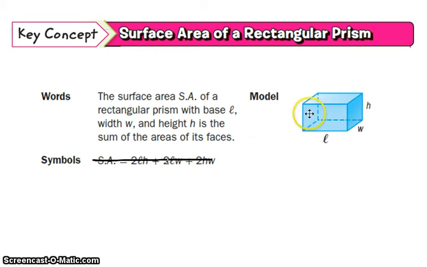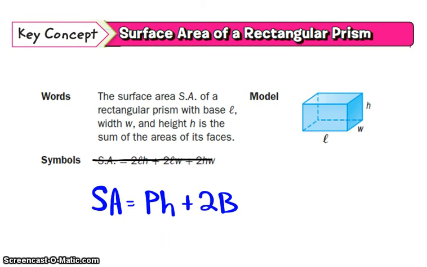But what I want to do first, I want to talk to you about how we're going to find the lateral surface area. Now, lateral surface area, it means the area of all the sides. Okay, it's not the top and bottom. The top and bottom are called bases. The sides are called lateral surface area. Okay, here's what we're going to do. Here's the formula that we're going to use right here. So go ahead and write this down,